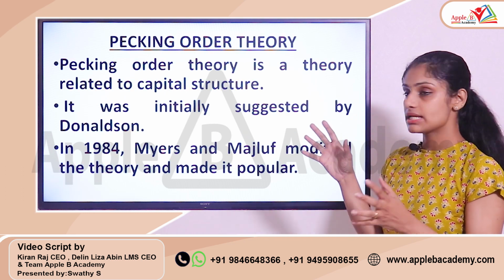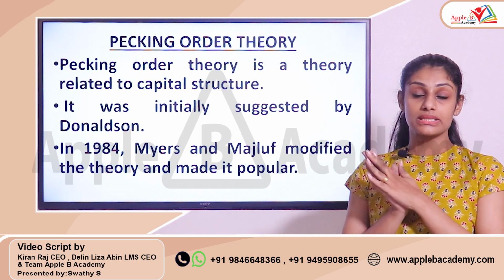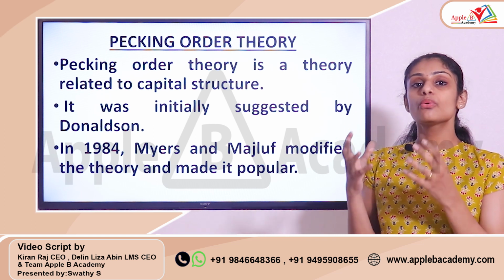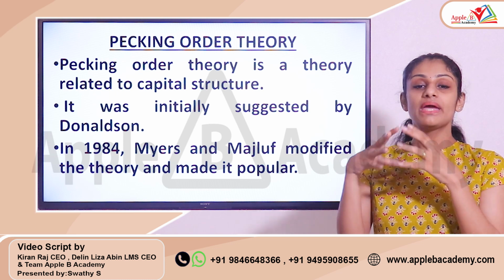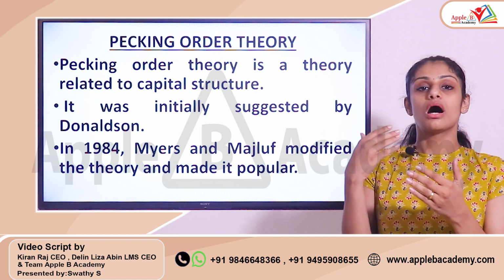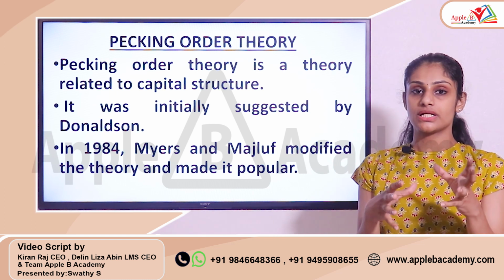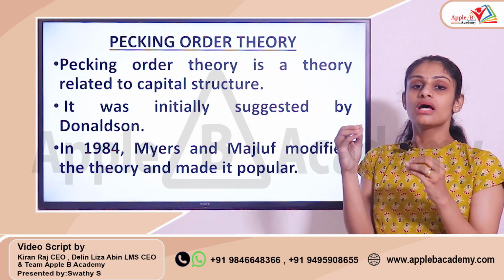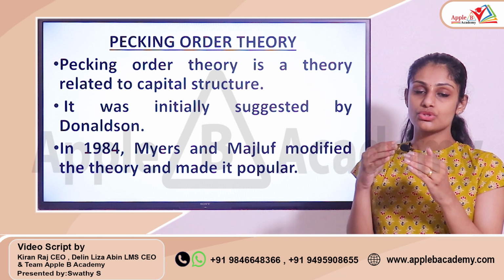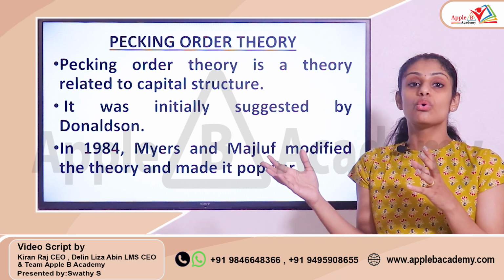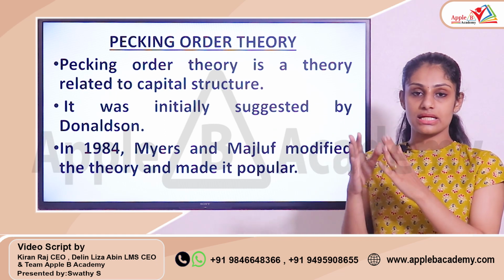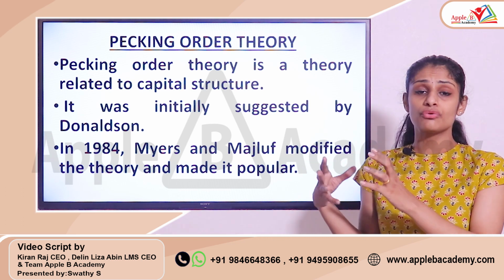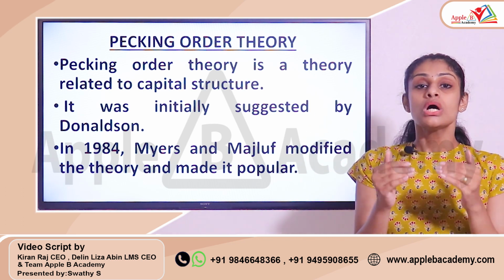See, pecking order theory is a theory related to capital structure, and this particular theory specifies how you need to make up your capital structure, and how you're going to depend on different sources. This theory gives you a hierarchy that you have to prioritize. That means you first go through the retained earnings. That's the first source you need to depend on. Then only if that retained earnings is not sufficient for you, then only you need to go through some other